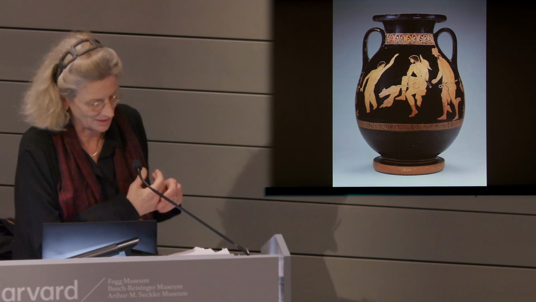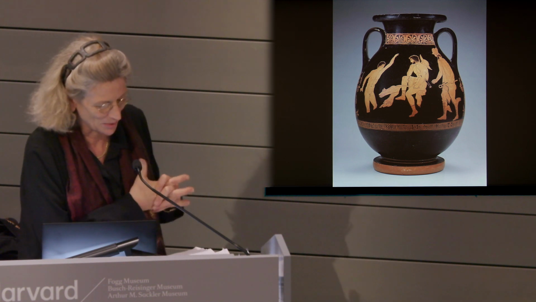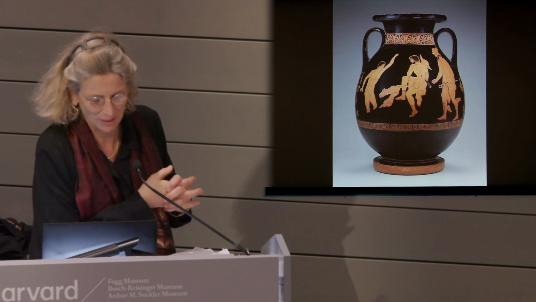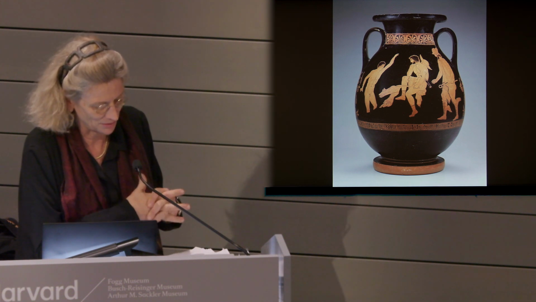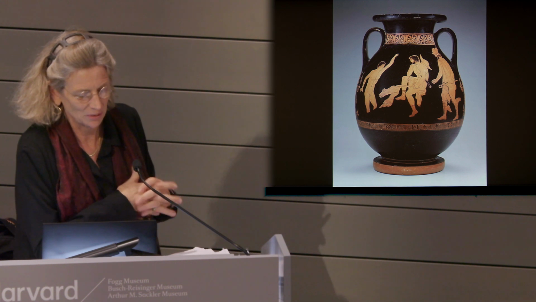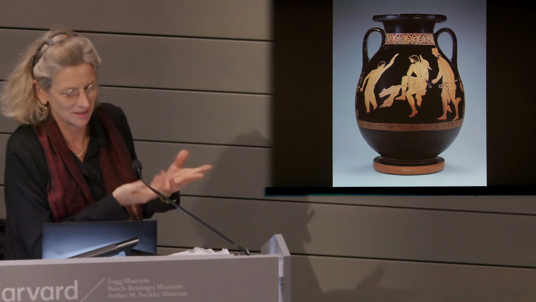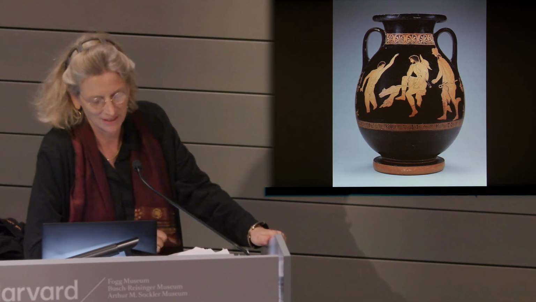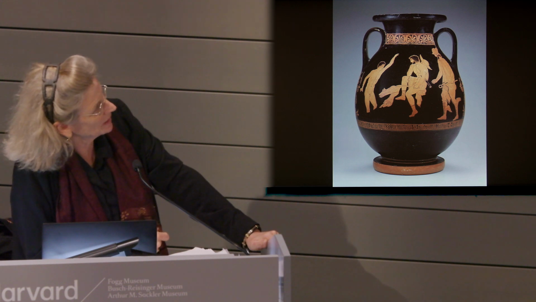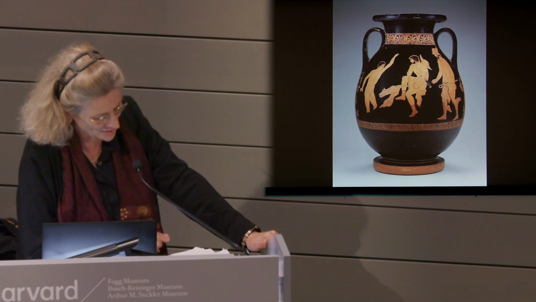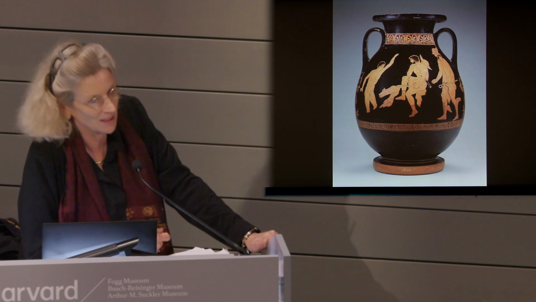And this, of course, is the iconic pelike in the Boston Museum of Fine Arts, where Odysseus has sacrificed two black rams at the entrance to the underworld. Elpenor rises from the ground line to ask for a burial. Odysseus has learned for the first time of his death falling off the roof of Circe's palace. I just want to point out the strong focus of the artists in this beautiful appliqué on the rams' heads,